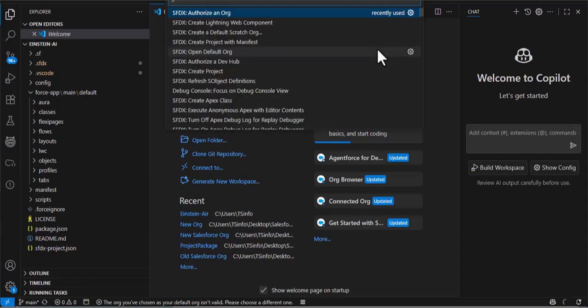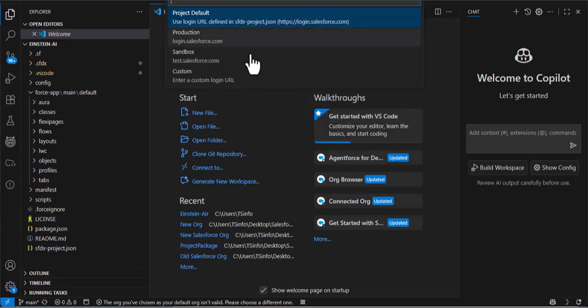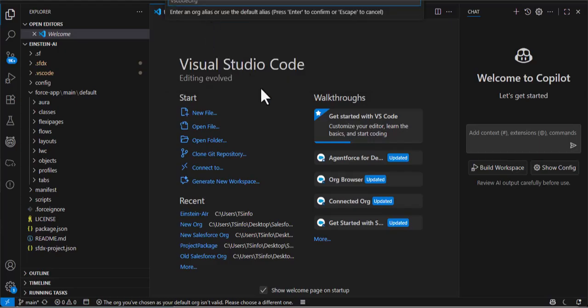First, ensure that you have enabled Einstein setup and then Agentforce in your org, and after that you can deploy the org metadata from your VS Code. Now we need to connect VS Code to our newly created org. For that, in the command palette you need to run Authorize an Org. Let me click this one, and then here we are selecting project default, and now I am giving an alias,